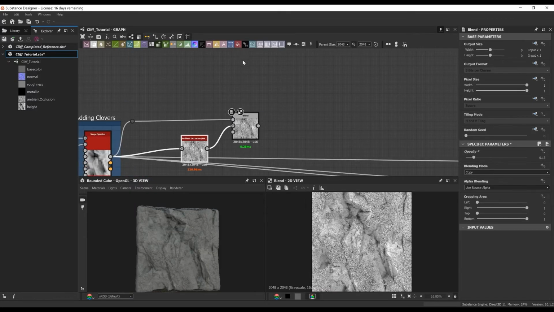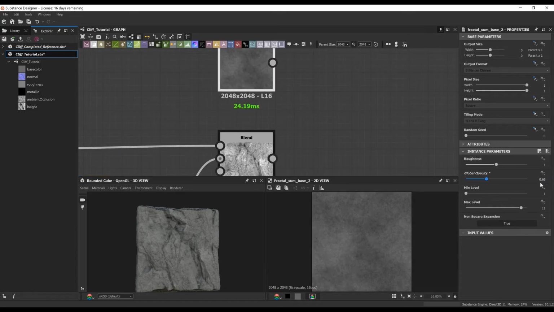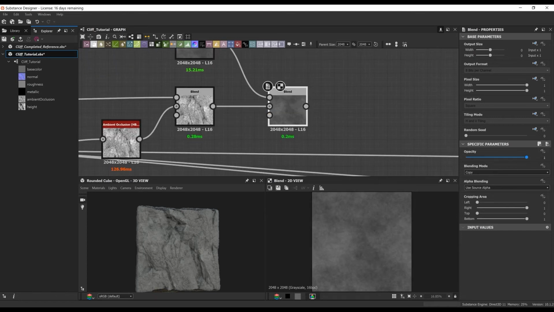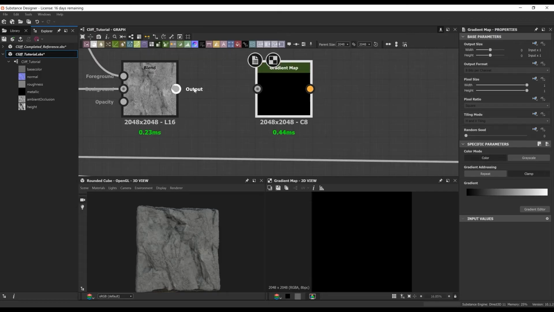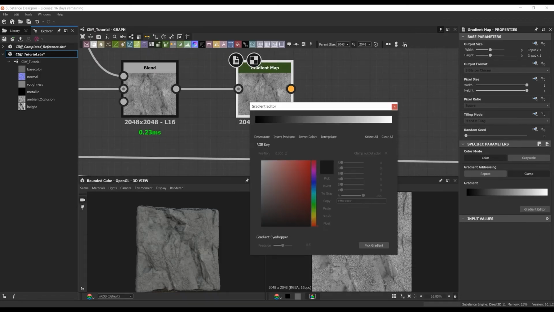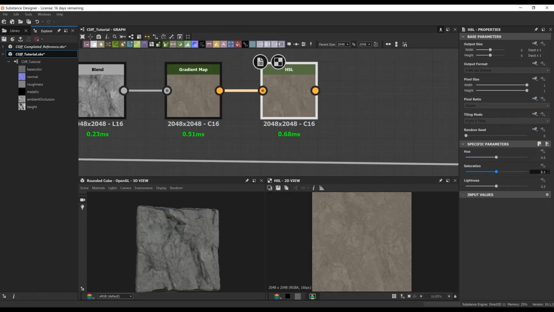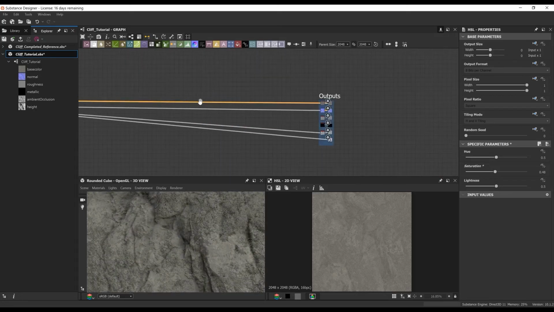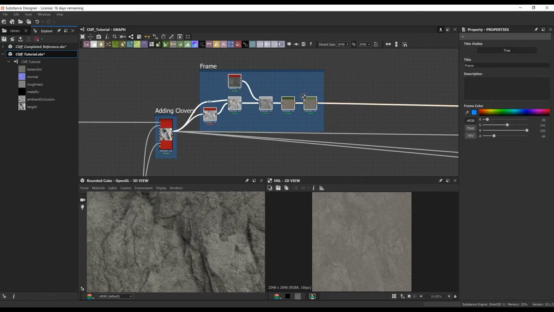So here we're actually going to start our phase of creating the color map for this guy, our albedo. The first thing I like to do is take the final height map and blend it into itself, but with an ambient occlusion. So you saw me plug the final height into an ambient occlusion, and I'm overlaying the final height onto that ambient occlusion. This gives us a little bit more noise, and it helps the gradient map have a little bit more information to read. I added a fractal sum in there and blended it again on top of itself, and then I started bringing in a gradient.